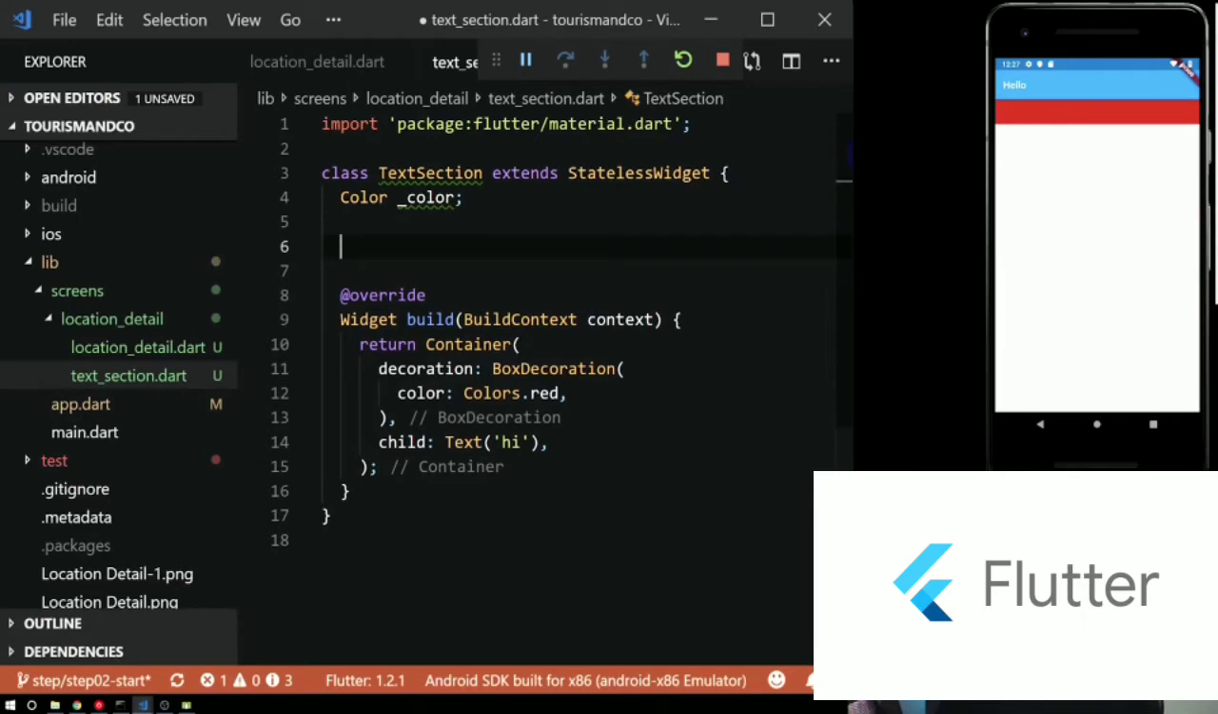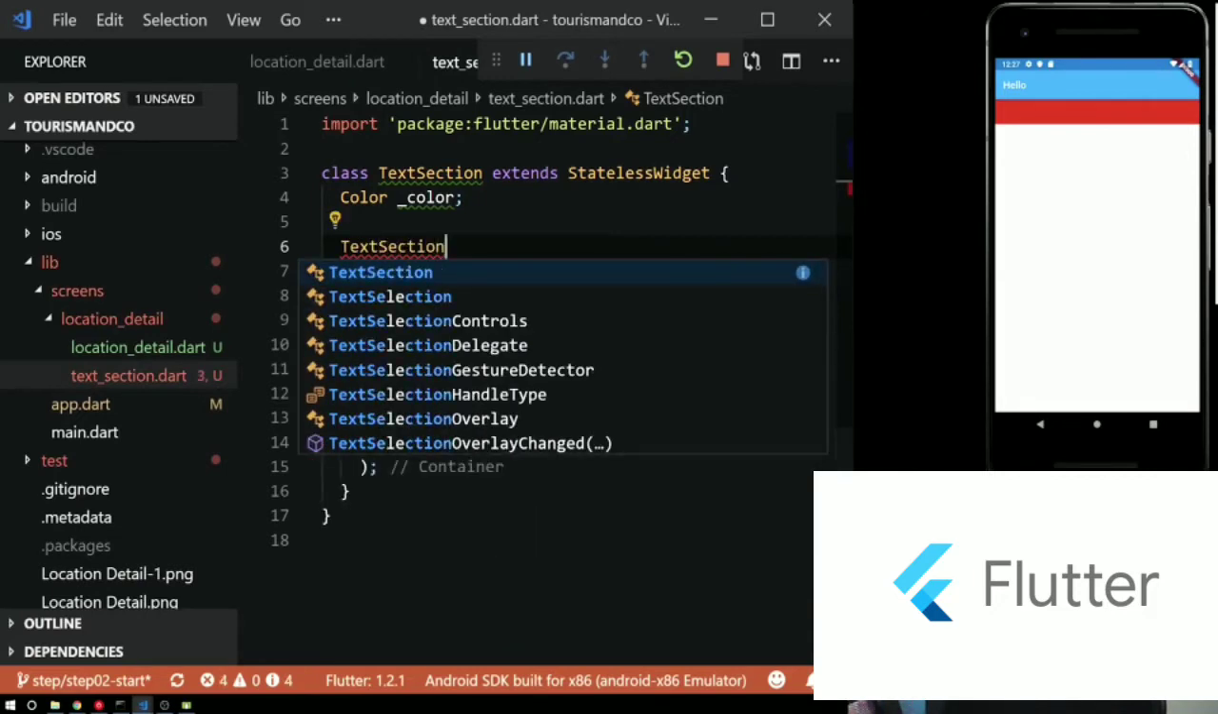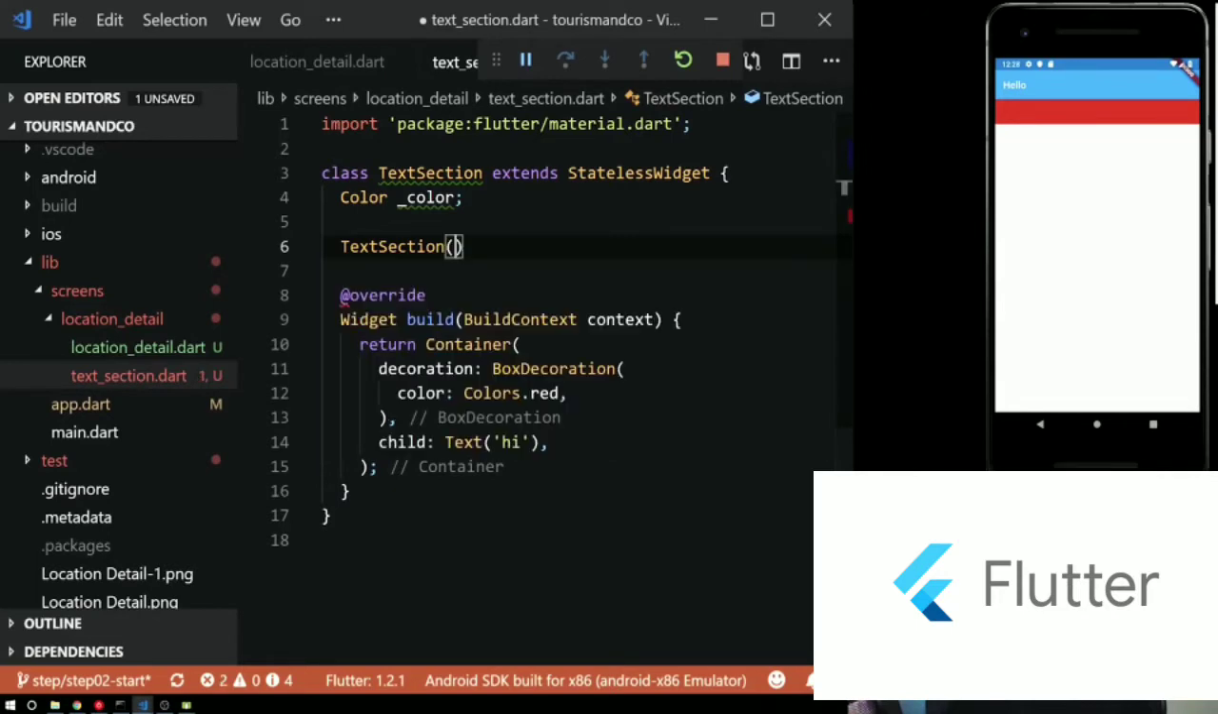And to customize it, I'm going to create a custom constructor. So a constructor lets me customize how I instantiate this class. So I'm going to say text section, because that's the name of the class. This is how you define a constructor. And what I could do is, there are 2 types of parameters for constructors. In Dart, there are optional named parameters and positional ones, sorry. So to keep it simple, we're going to use positional parameters, meaning if I say color here,